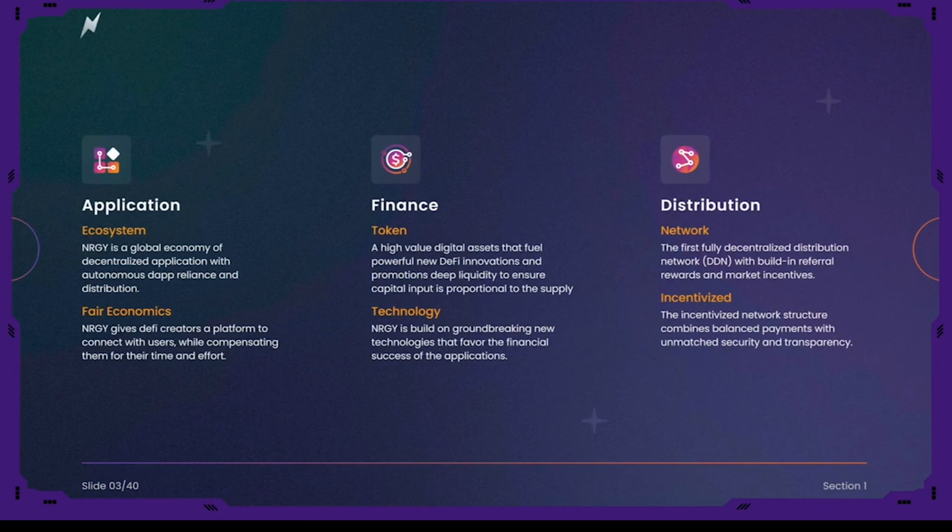And then really here's the 3 that really makes NRGY special, and that's the application economy, the financial economy, and the distribution network. The application economy is just the ecosystem. It really is what makes NRGY very, very unique in the fact that people can come into NRGY that's secured by the token and the staking contracts and build a dApp, build a decentralized application of their own, or build, as we'll talk about, an iNFT and secure their intellectual property, whether that be a YouTube channel, a podcast, or piece of art or music, and all of that is based inside of the NRGY DeFi system,